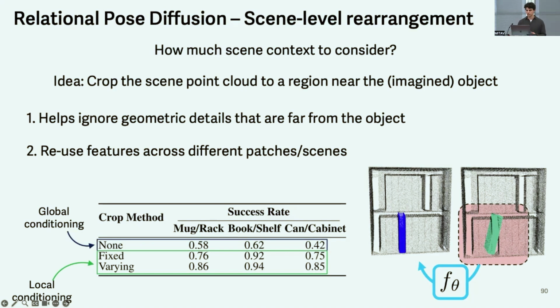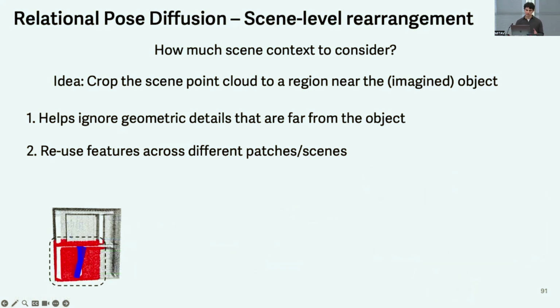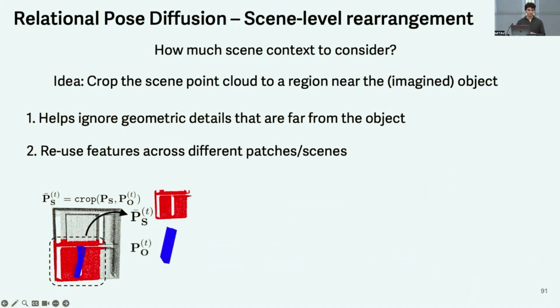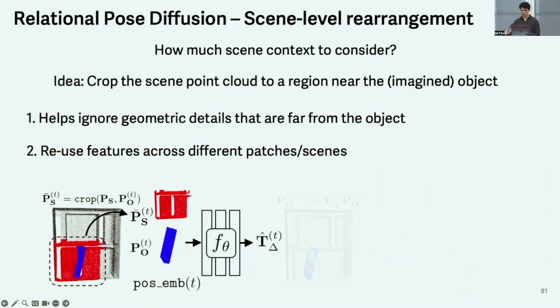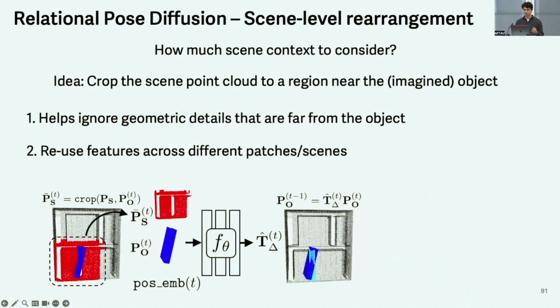And we achieve that local scene conditioning by returning points in the scene that are within an axis-aligned box centered at the centroid of that imagined point cloud. So now we have a pipeline that processes the scene by cropping near the current object point cloud. It takes the index representing which denoising iteration we're on, and it passes all this to a neural network to predict a rotation and a translation. And these are applied to the object to obtain a new combined object scene input, which is used on the